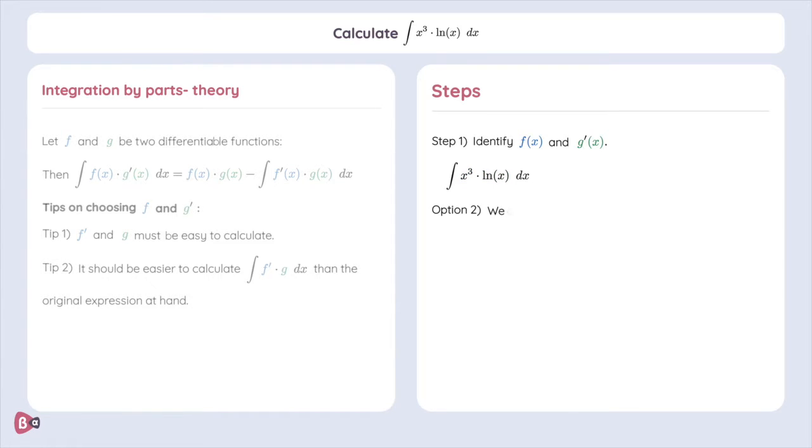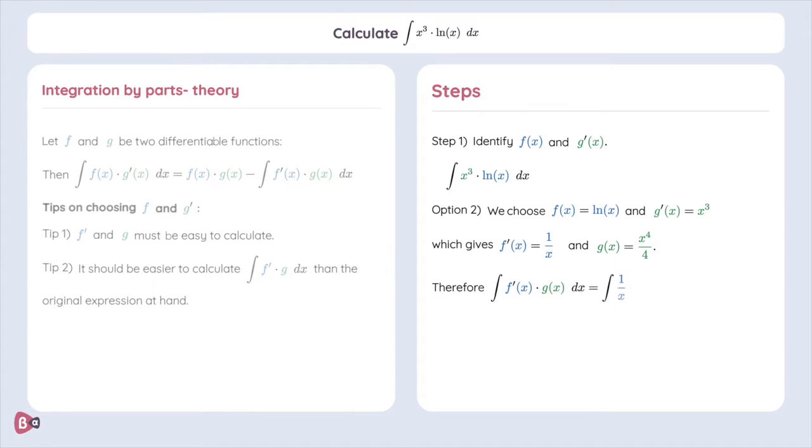In this case, we choose f of x to be equal to ln of x, and we choose g prime of x to be equal to x cubed. This gives us f prime of x to be equal to 1 over x, and it gives us g of x to be equal to x to the power 4 divided by 4. Therefore, the integral of f prime of x times g of x is equal to the integral of x cubed